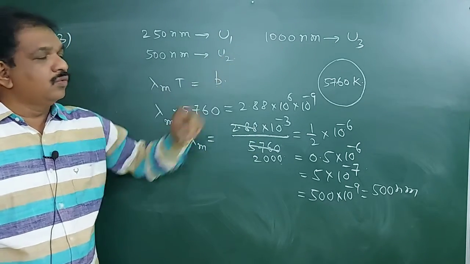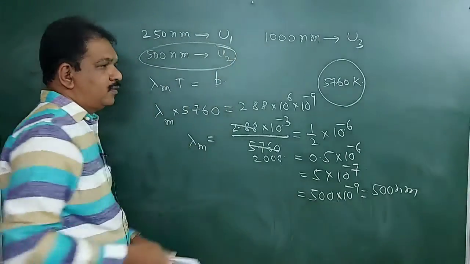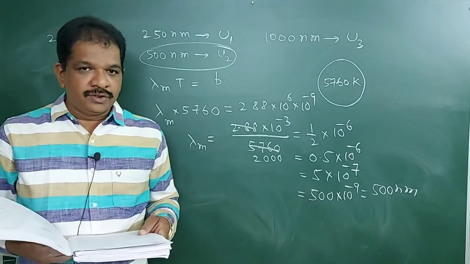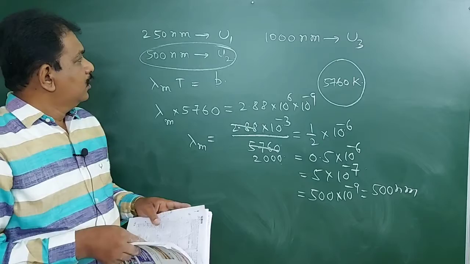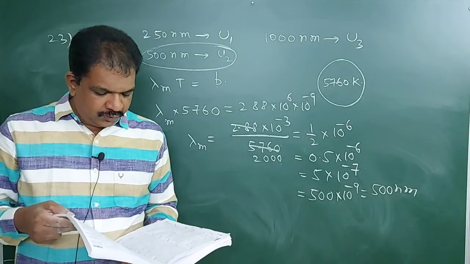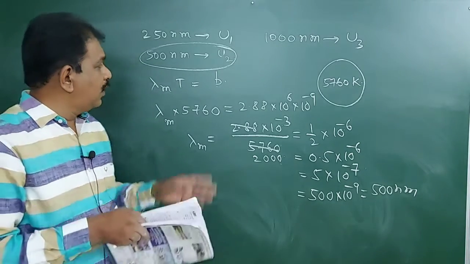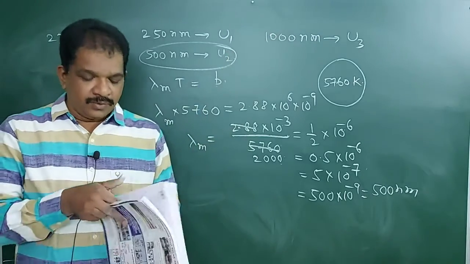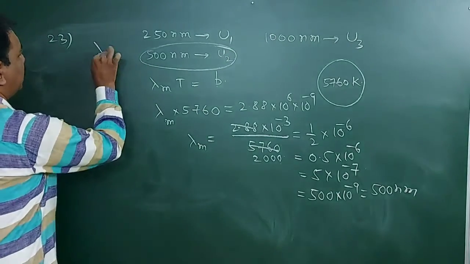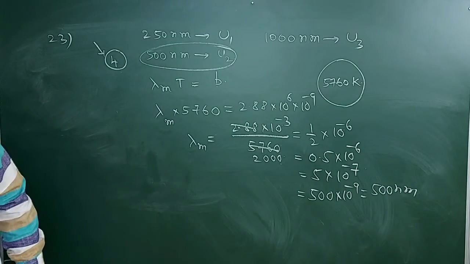So among U1, U2, U3, which will be more? U2 will be more. So if you check the options, U1 is equal to 0 is wrong. If you substitute the 250 value here, that will not be 0. U3 equal to 0, that is also wrong. U1 greater than U2, no. U2 value will be greater than U1 and U3. So among the given options, the fourth option will be correct here. That is 23.